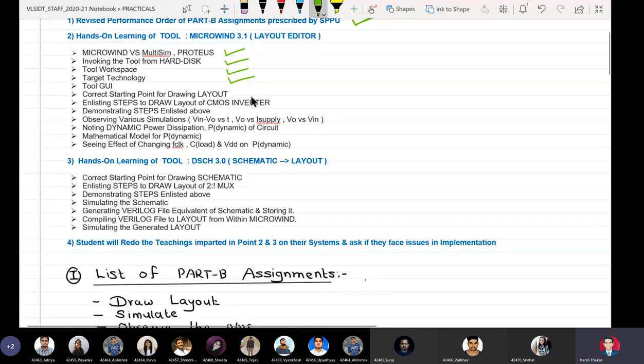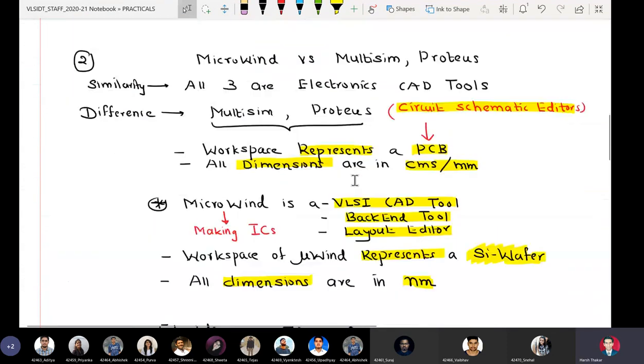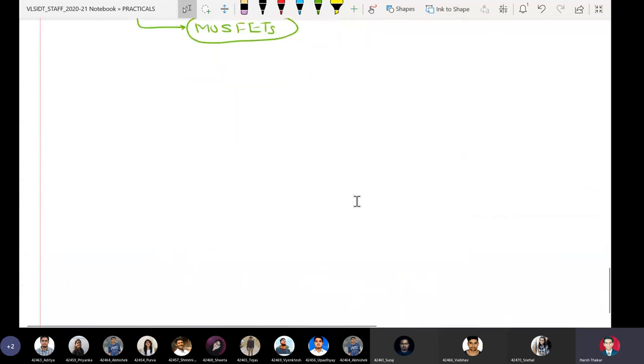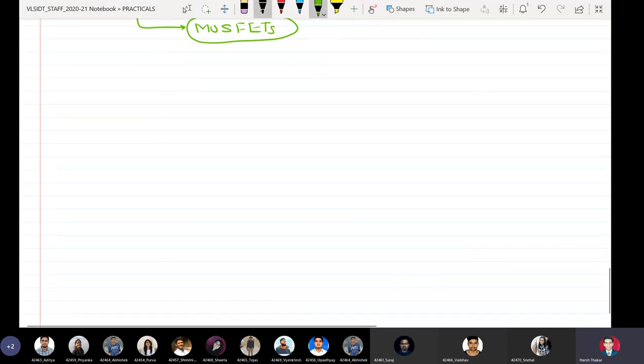So here we have defined the correct starting point. Now we are going to enlist the steps to draw the layout of CMOS inverter. We frame a problem statement and gradually move to actually making the layout in Microwind.